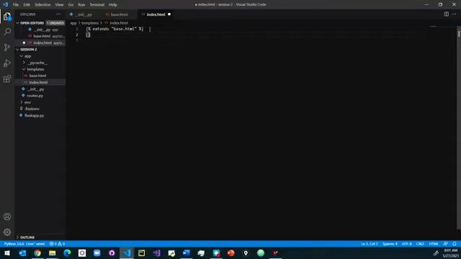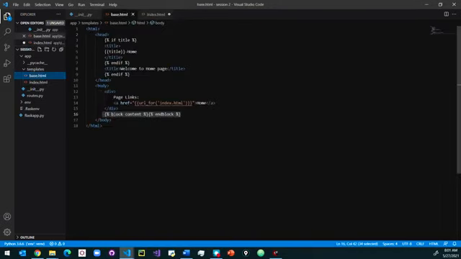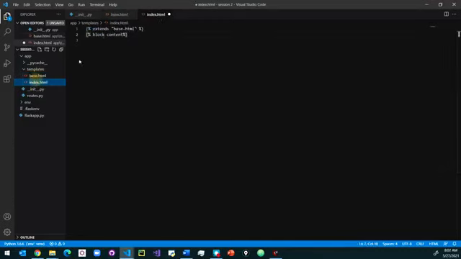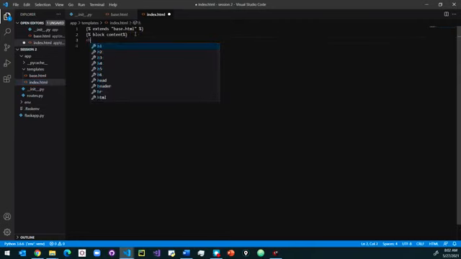Remember the block content in the body tag will be replaced with the actual page content. So for that we are saying the actual content will be given here. So block content, that's what we are specifying here. This block content will be replaced with the content that we specify inside this block content.